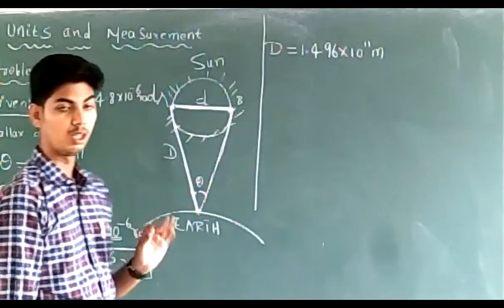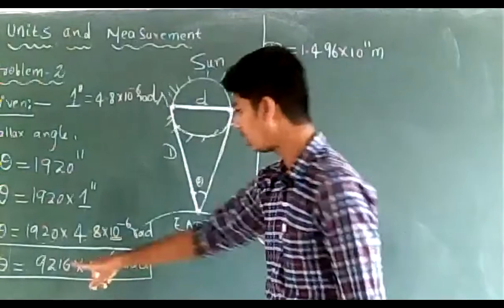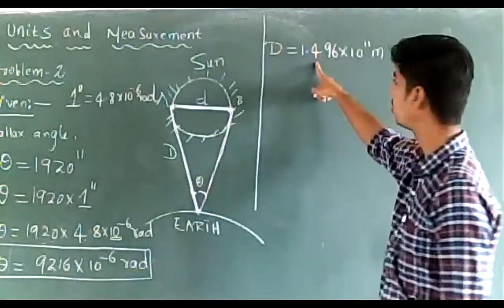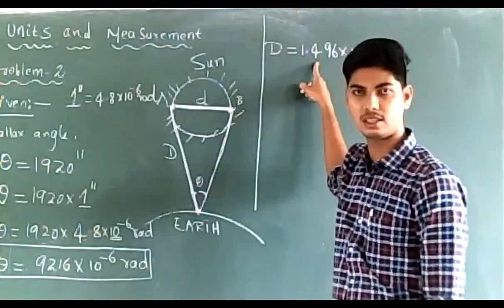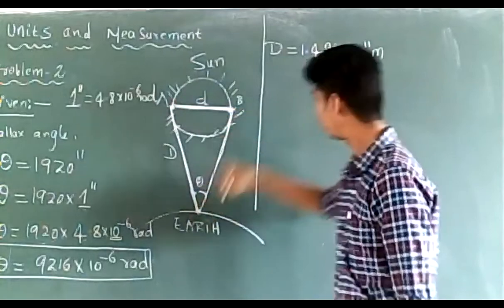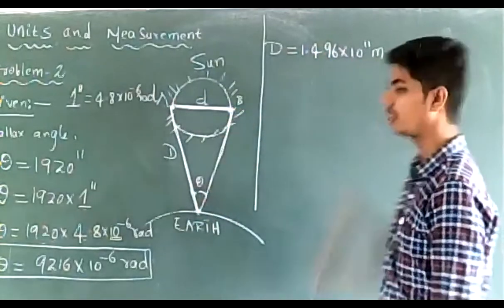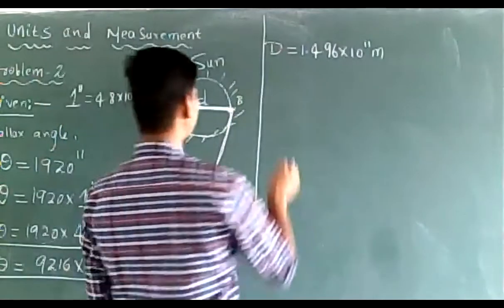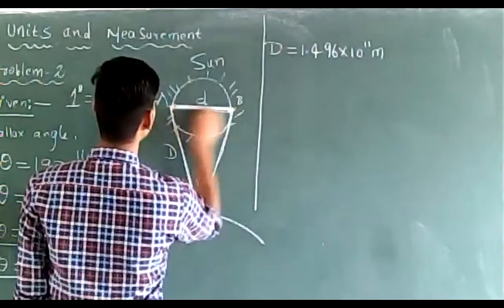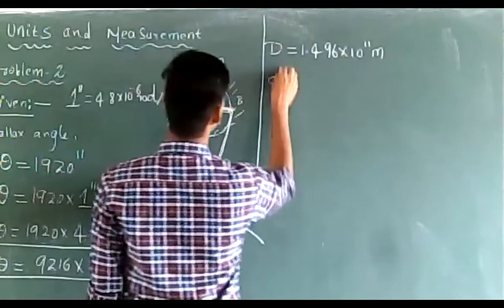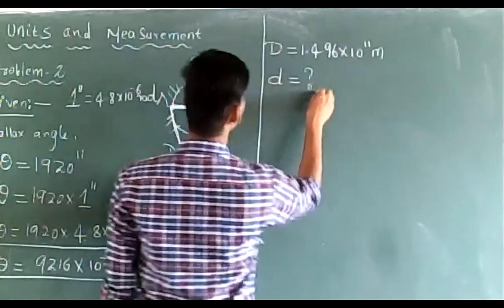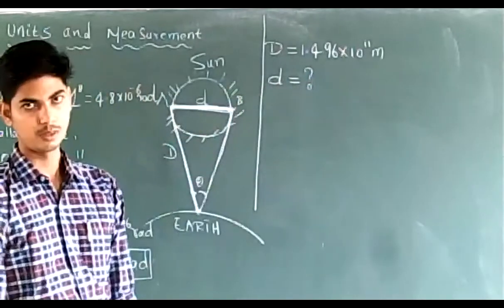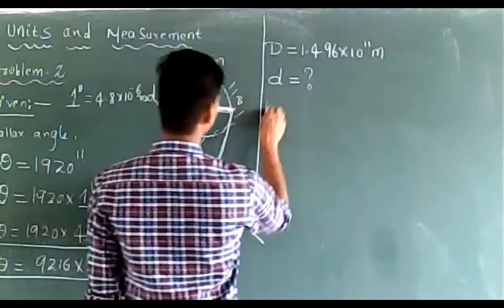They have given us the parallax angle, and also the distance between sun and the earth, which is 1.496 into 10 to the power of 11 meters. You just need to calculate the diameter of the sun. The diameter of the sun is to be found in this problem. How do we calculate it? We know that